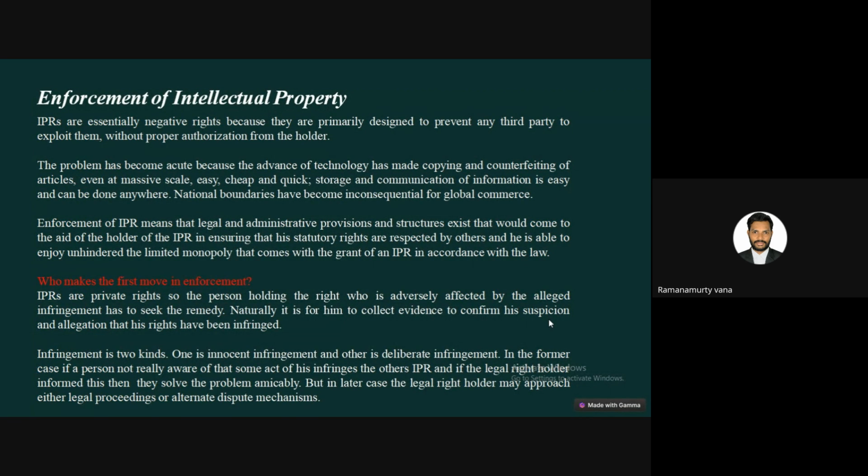So what are the enforcement provisions of intellectual properties? So intellectual properties are essentially negative rights. So there is a concept of positive right and negative right. So positive right means if you